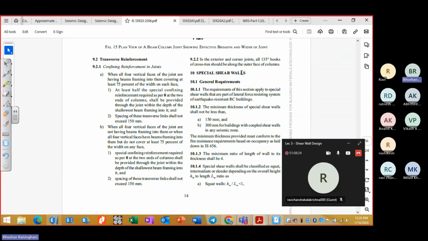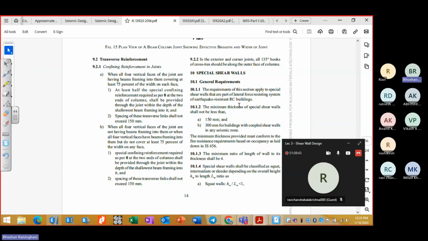If you are designing as per these particular clauses, then you can declare it as a special shear wall, otherwise it is an ordinary shear wall, and your detailing standards will differ. It will be non-ductile, this is ductile. That's why your R factor will change. For the R factor, you need to